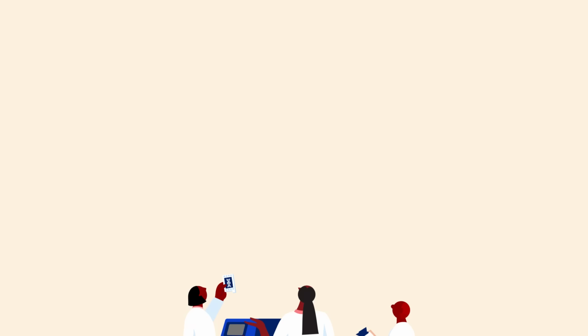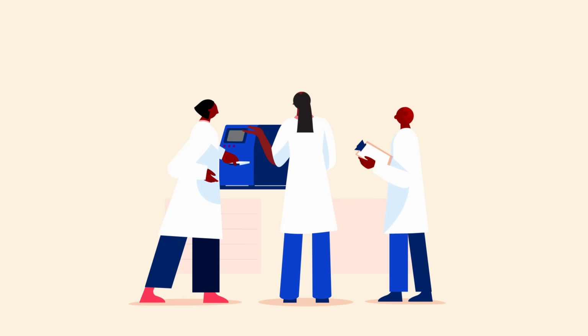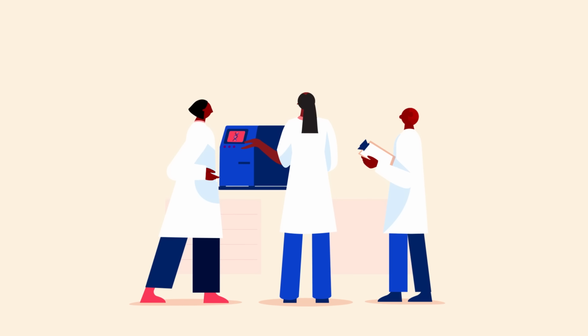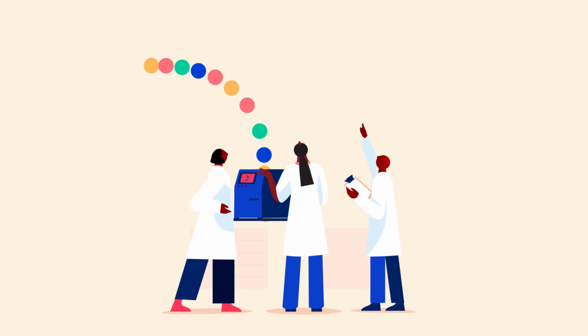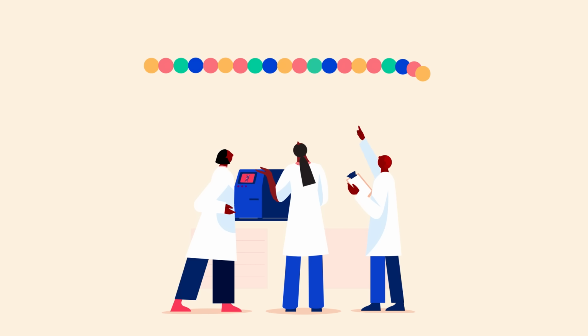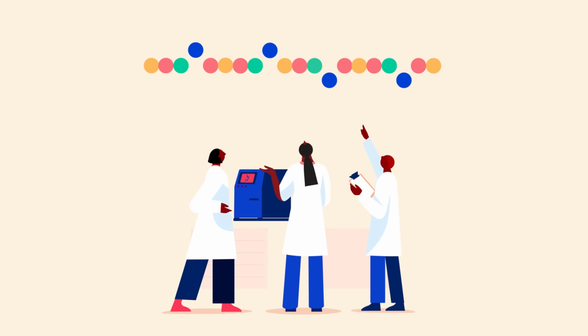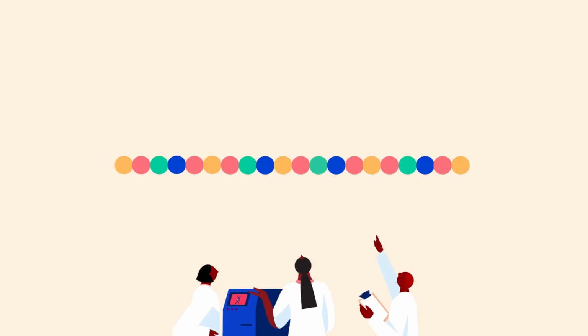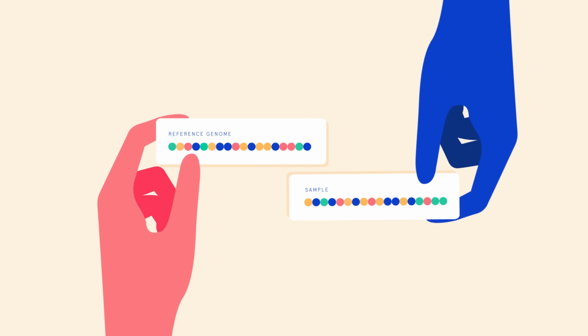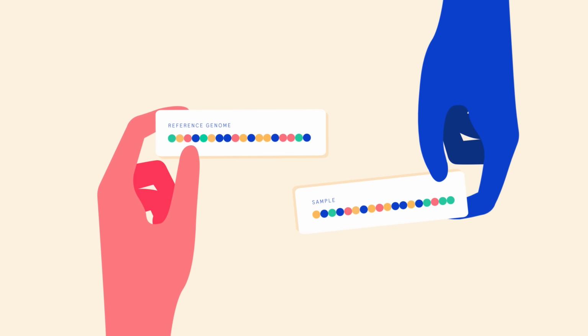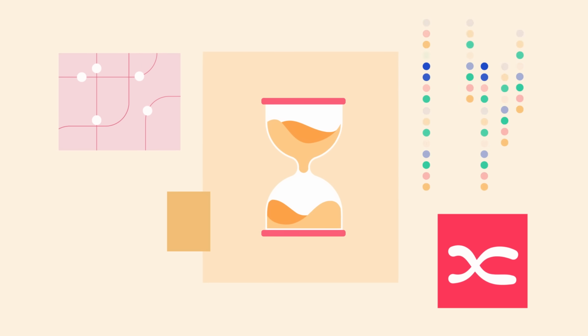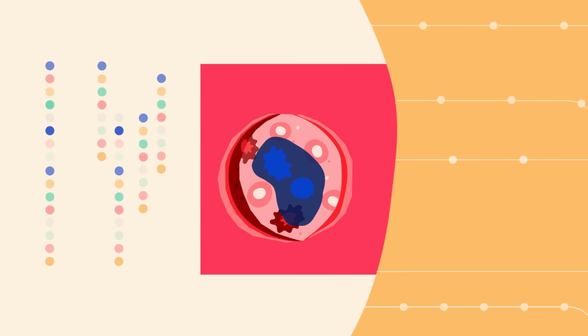Let's start by looking at how DNA sequencing works. Sequencing a DNA sample generates its unique sequence of bases, the order of A's, T's, C's, and G's. And the faster you can spot the differences that make a sequence unique when compared to a reference, the sooner you can gain insights. This could mean driving quicker progress in oncology-related research and making faster breakthroughs that shape healthcare